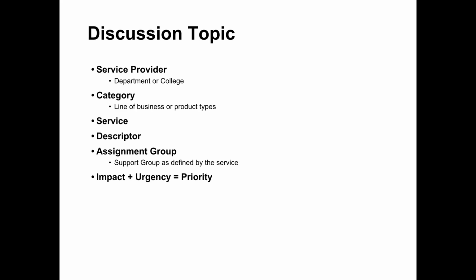Other pieces that we do when we're defining our service is that we associate the assignment group with that service, or the support group that's defined for each of these services. So I can open a record for the service. I might have an assignment group for the very original, so the people working on that record, and maybe it's our first line, which would be our service desk, but they know, hey, this service has a functional escalation to this other assignment group, and that would have been defined during that service design period.